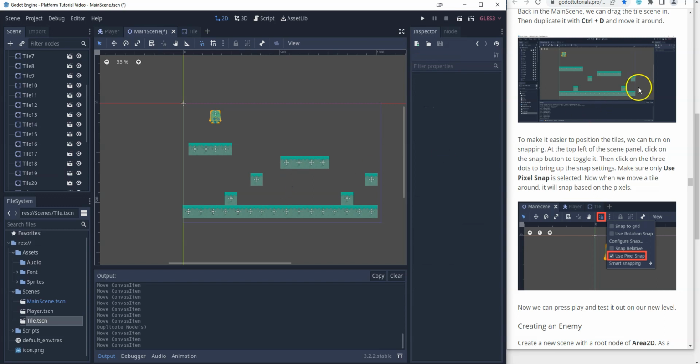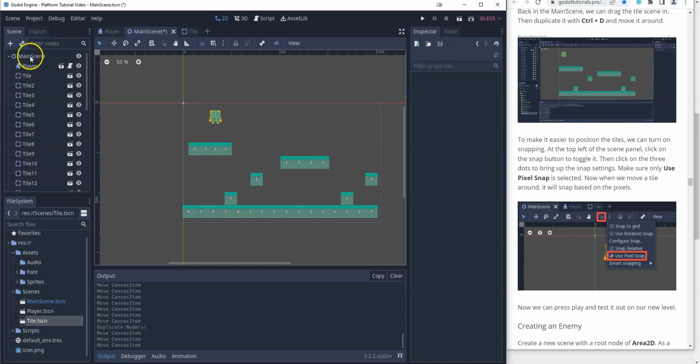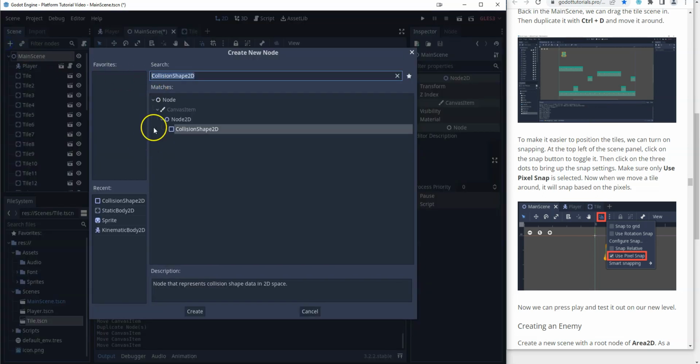Okay, I've got something a little bit like this tutorial over here, some platforms for my character to jump on. Now, you might have noticed a huge amount of tiles happening over here. I'm going to show you again one more thing that's not part of this tutorial, and again it's about tidying up. So I'm going to come up to main scene, and I'm going to add another node,